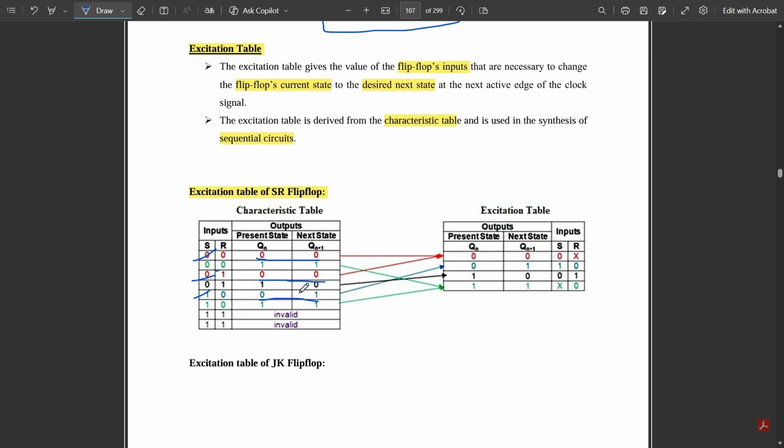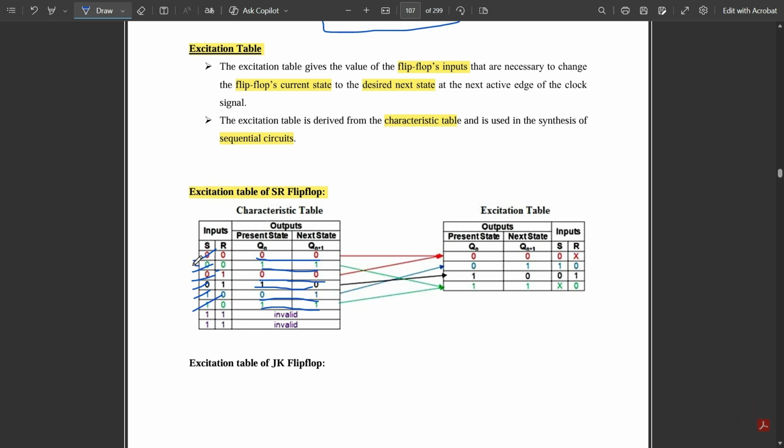Next combination is 1 0, you write it here. And with respect to that the inputs formed are 0 1, so you write it here. In the final combination 1 1, 1 1 is repeated here as well as here, so you write it here. And the SR inputs for that,